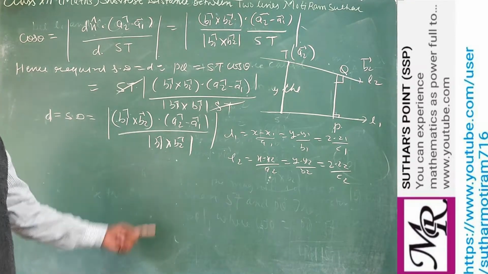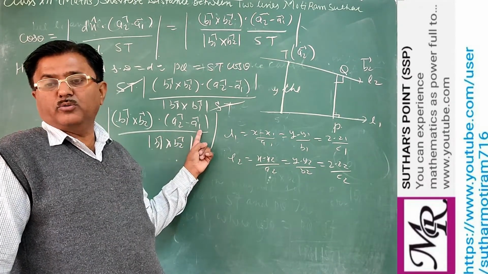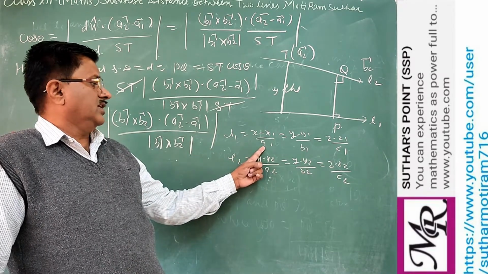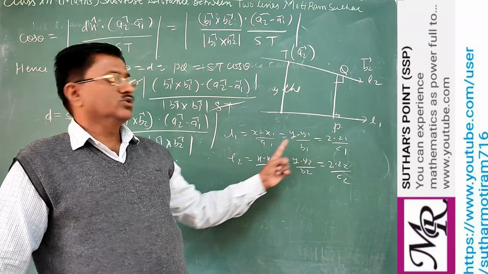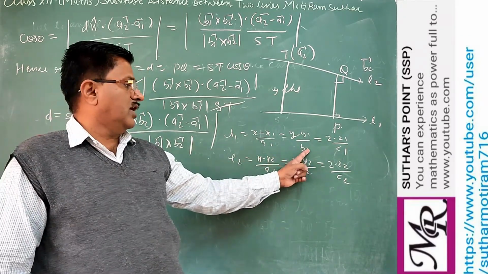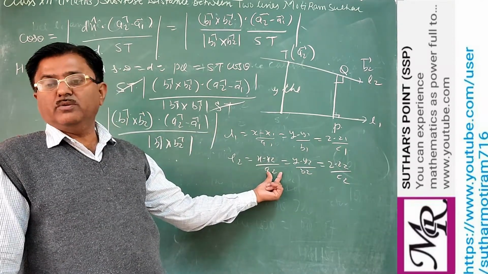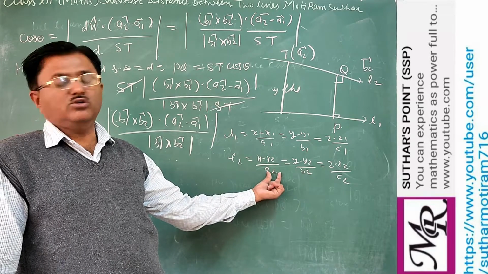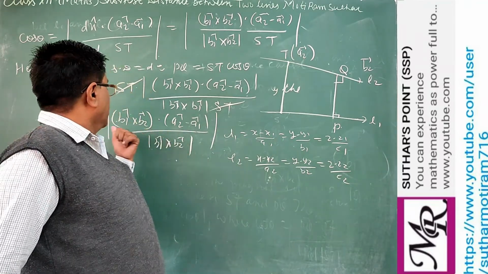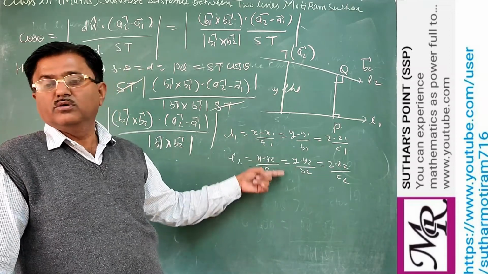How? Because from this you can find a1, the position vector of the point on the first line. So you can say here a1, b1, c1. From this you get the vector a1, that is a1 i plus b1 j plus c1 k. Put that one. A2 is the position vector of the point B through which the second line passes, that is a2 i plus b2 j plus c2 k, and put it here. And this is the value of b1 and b2.